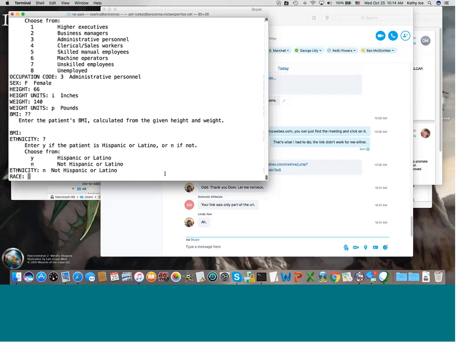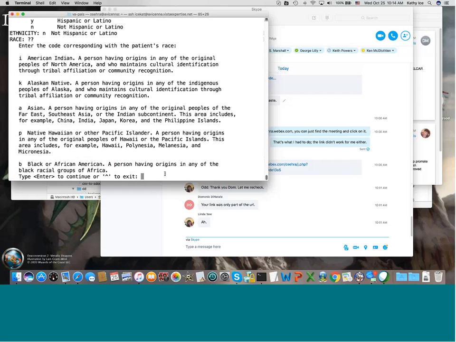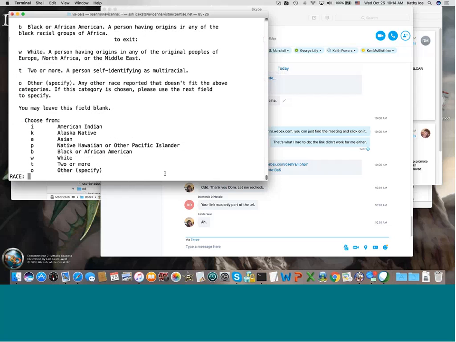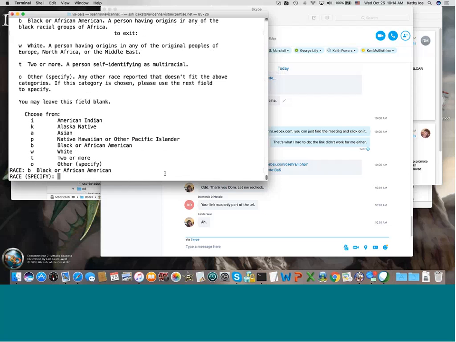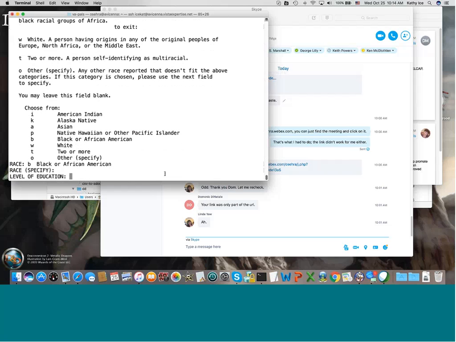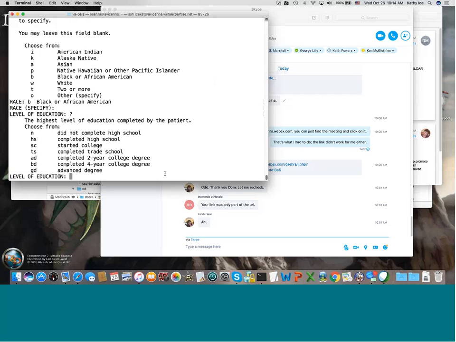And race, they gave us a really extensive help text for race, so that's all in here. So she is black. And if I chose other, I have to specify. This is the sort of thing that on George's web form we can gray out things that aren't going to be applicable. But in just entering it into FileMan, it's going to ask me everything, unfortunately. Level of education,